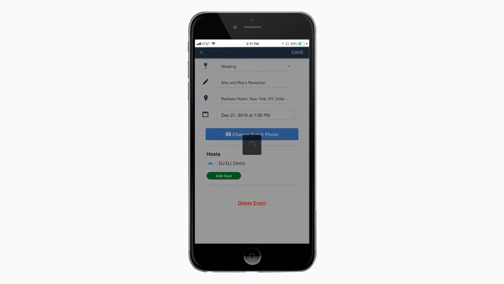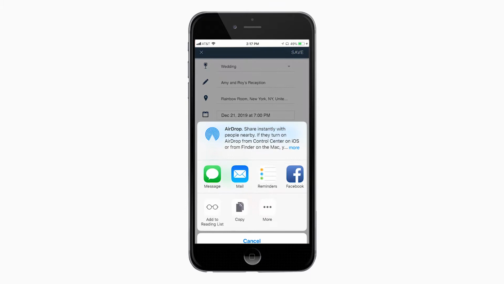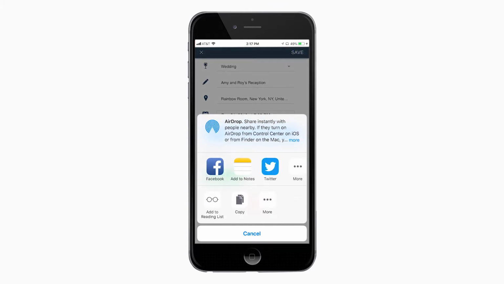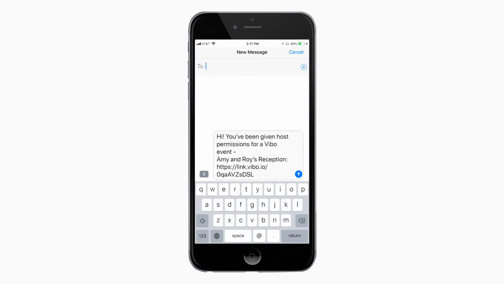It'll return you to the editing screen, and be sure that with any changes, you click the Save button in the upper right-hand corner. You can add other hosts, but generally it's just the client and the entertainer. If you decide to add a host, use discretion because they will have access to everything. Assuming you want to add a host, click the Add Host button, which will then open up a screen giving you options to send them a message. We recommend texting, so when you click the texting icon, it will generate an auto message which you can edit